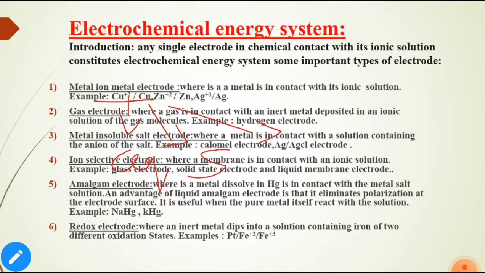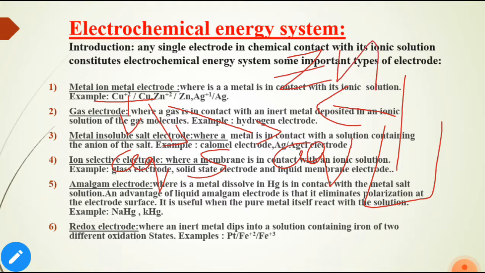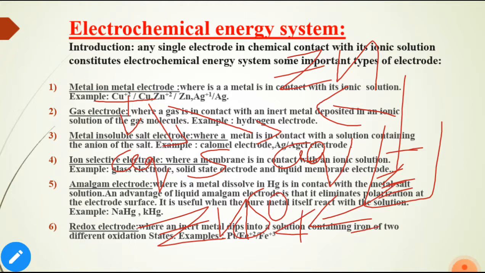Otherwise you can take Zn+2 in the aqueous state, meaning any zinc sulfate or zinc chloride solution. Here we take the zinc rod, Zn, in the solid state, and the zinc sulfate or zinc chloride solution contains the Zn+2 ionic state. Next, take silver. Silver is also an example of the metal ion metal electrode.